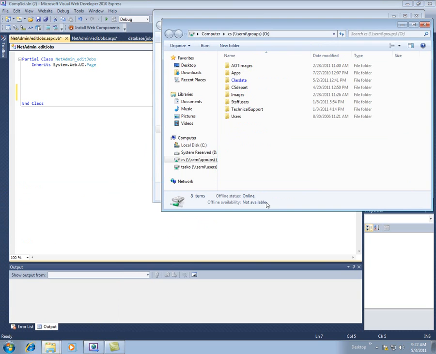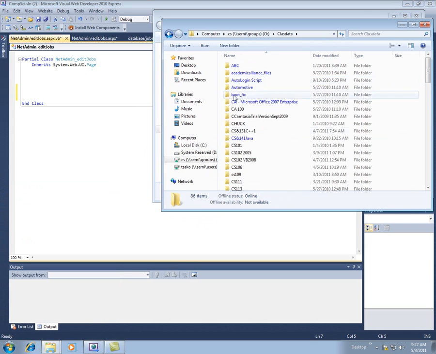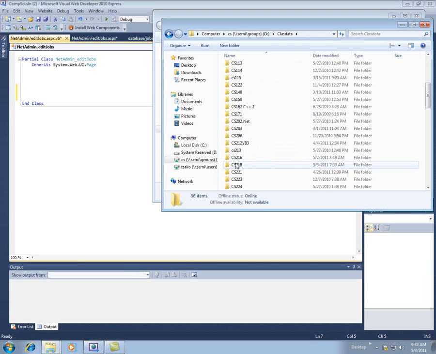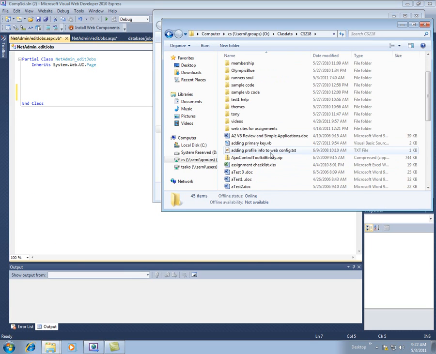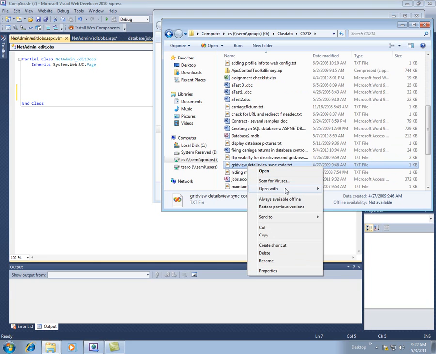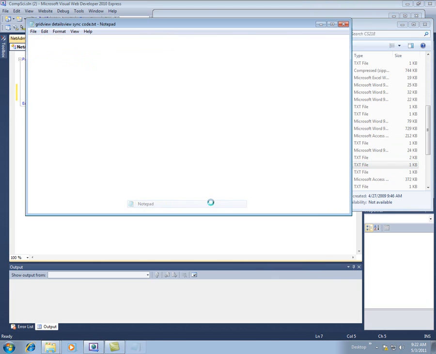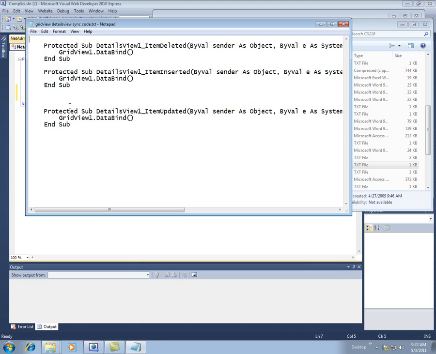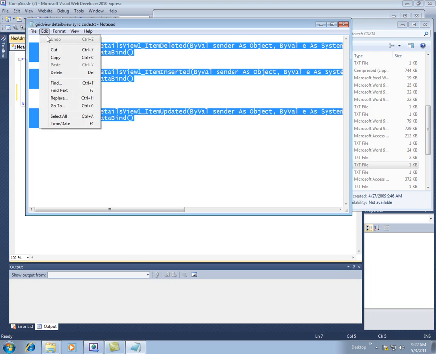So it's out there on the O drive in the 218 folder and a file called gridview detailsview sync code. And I'll just open this up in Notepad. We just want to copy this code. So I'll copy it,